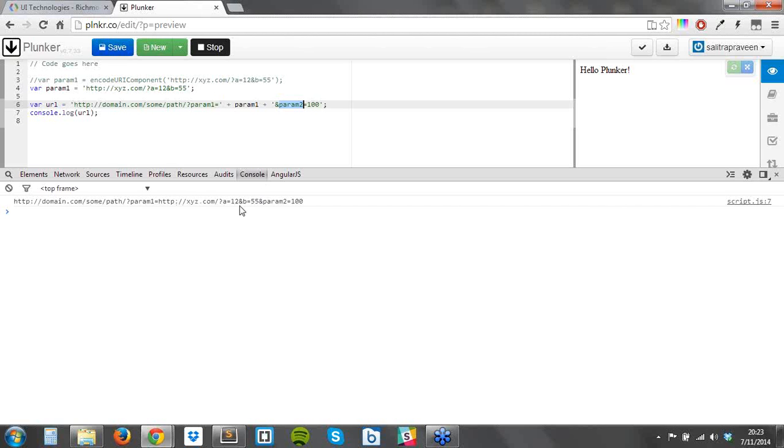The reason you are having this issue is because you have this ampersand from here as well, and your server will not be able to understand where your param1 ends, because it will break at the first ampersand. That's it. So just to avoid that, what you should be doing is